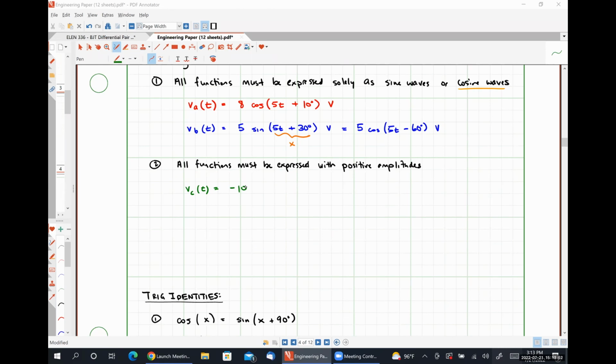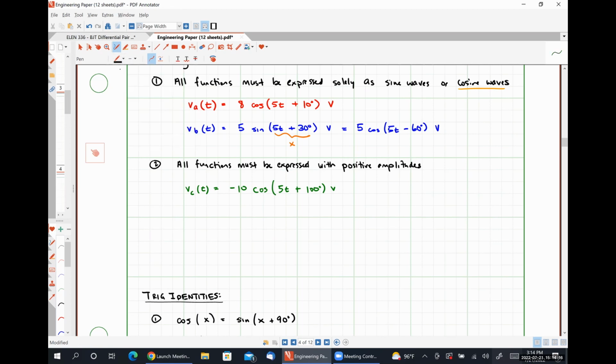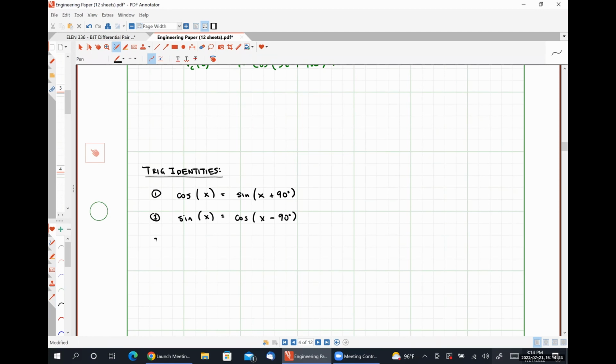So, all right, VC of t is going to be negative 10 cosine 5t plus 100 degrees volts. And to correct this, or to make the amplitude positive, we're going to introduce 2 more trig identities. So numbers 3 and 4